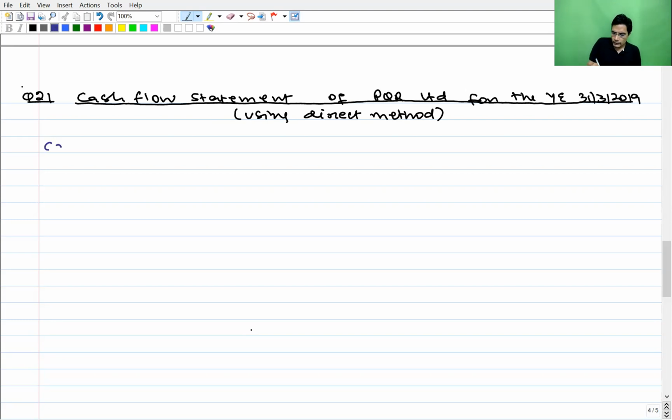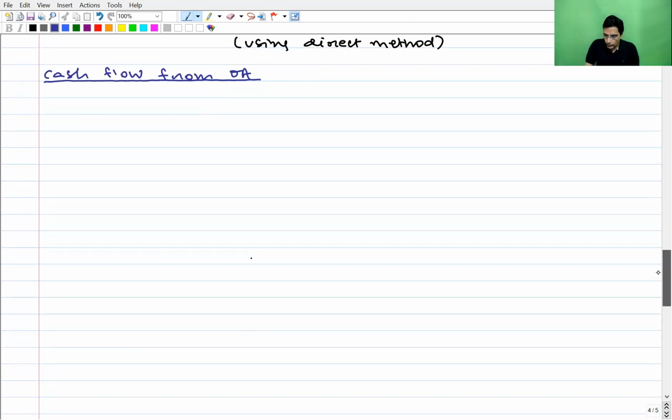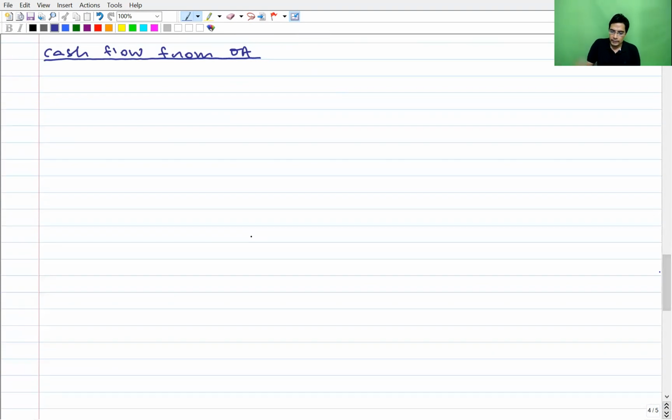Same way, first establish the format of the cash flow statement, then read the question top to bottom, line by line, and keep on writing at appropriate places. Cash flow from operating activity. Since we are calculating the cash flow from operating activity under the direct method, those 5 steps and net profit are not required. Directly, whatever is received from transactions which fall under operating activity, add it, and whatever payments we have made for such transactions, minus it, and we'll get the answer.